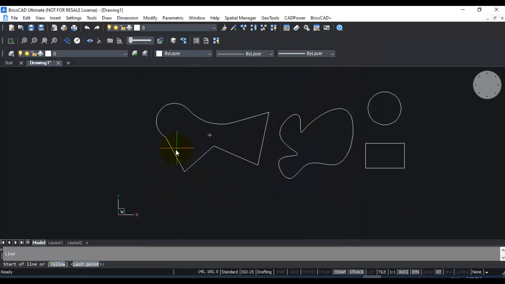Suppose I'm going to draw a line. As I draw the line, and if I come near the edge of any closed figure, you can see that automatically the Geometric Center is highlighted with a red snap marker. So if I click here, it jumps straight to the geometric center of this closed polyline. Similarly, I'm going to jump here to the geometric center of this closed spline and the geometric center of this